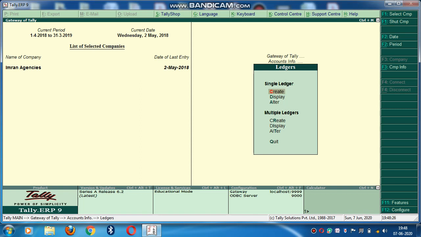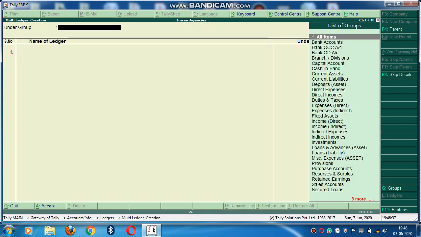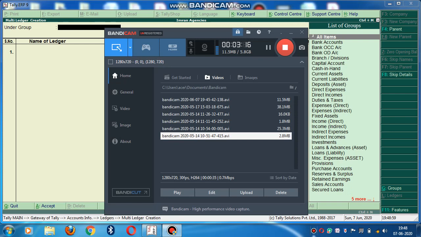In this mode, you can create ledgers in bulk, more than one or two. So I'm creating an example. My company Imran Agencies is already open. So I'm going to create ledgers. Click Create. Here you can see the group. Suppose I want to make ledgers of parties to which we sell goods.